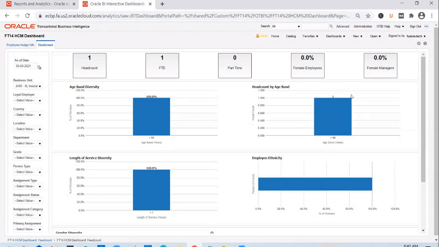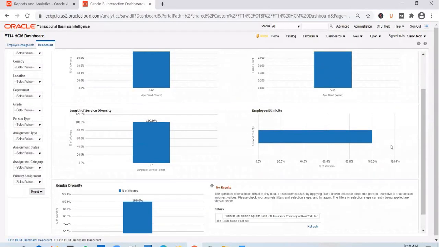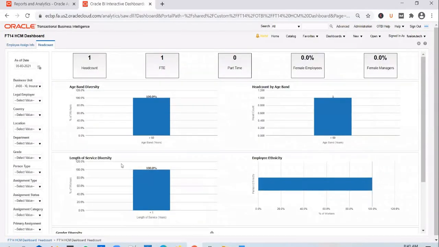And sometimes they might ask you to change the way report output is getting displayed. If you look at this report output, it is displaying the output in a vertical bar chart, right? So they might ask you to change it to horizontal. Or they might ask you to take out a report in case it doesn't make sense for them. Or they might also ask you to create a new custom report and add it onto the page. So such sorts of changes you might come across. So how do you make those changes?